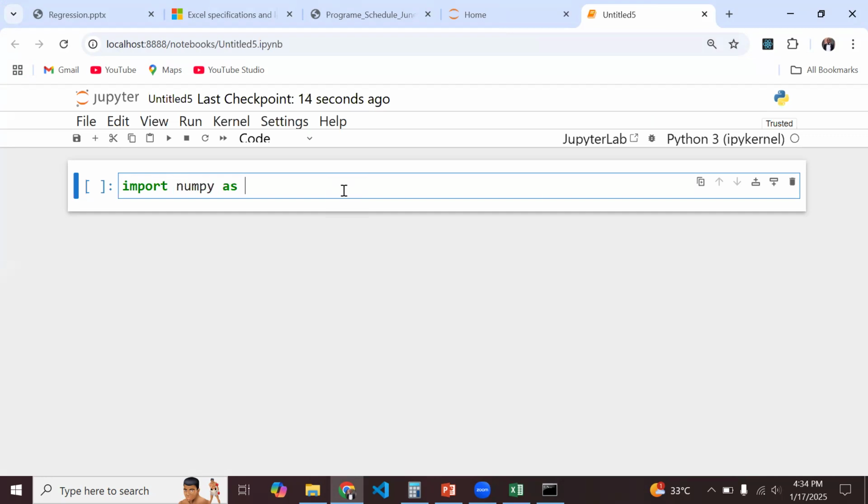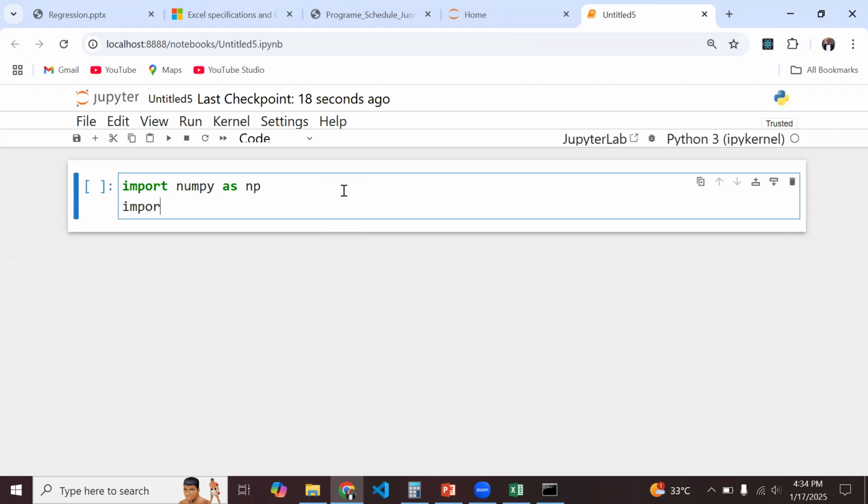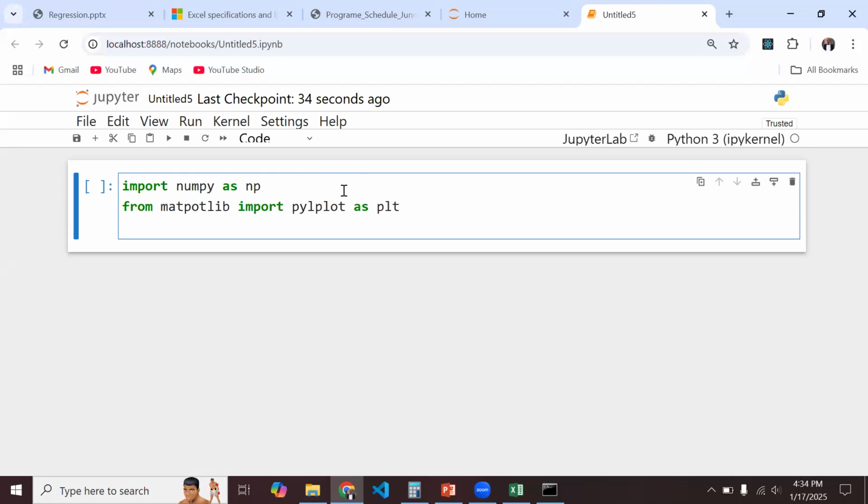So I'm going to import NumPy as np, and then I'm going to import matplotlib. Okay, so from matplotlib import pyplot as plt. Then we also want the linear regression